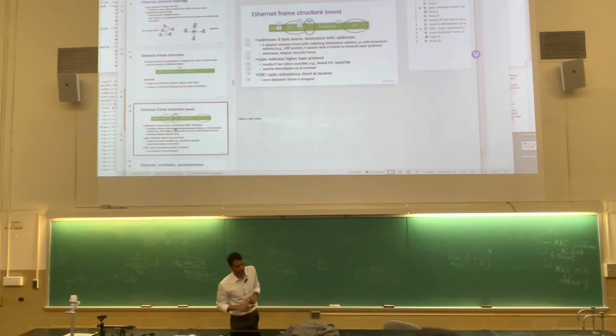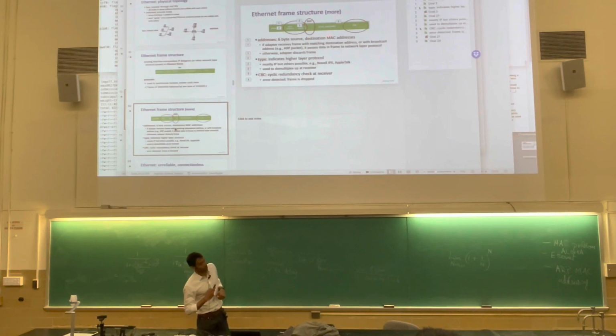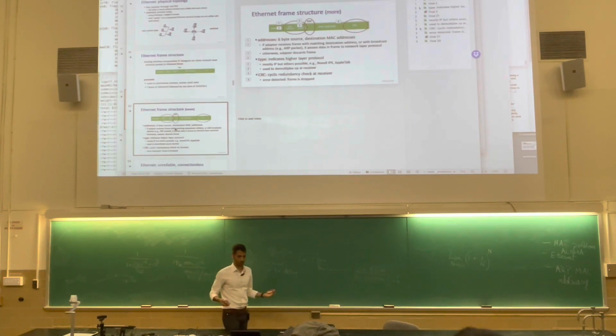And the rest is just payload and CRC. So payload followed by CRC. Remember I showed you the checksumming, where you attach the CRC at the end of the data, the remainder when divided by the generator G. That's here. You divide this whole thing by G and see the remainder is 0, that's when the checksum passes.